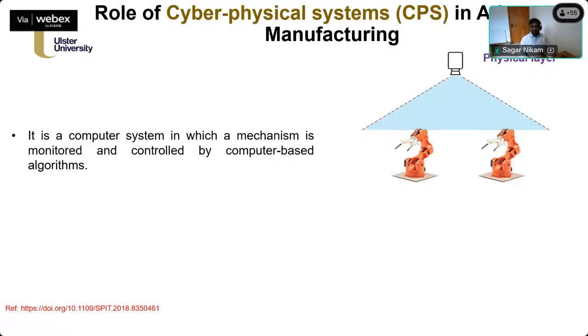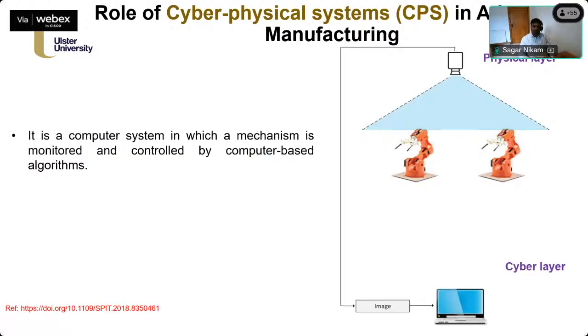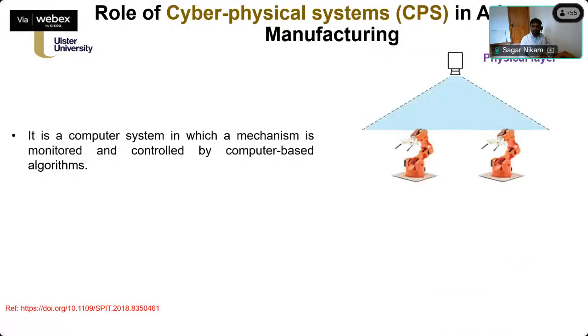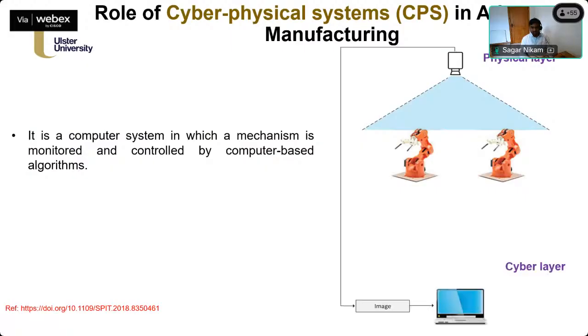In the cyber physical system, one layer is a physical layer. The physical layer has machines, and those machines are continuously monitored by some sort of sensors. For example, if you can see on the screen here, the robots are being monitored by vision cameras. These vision cameras continuously monitor the position of the robot, and based on its current position or any kind of its system, the camera will send real time information to the cyber layer.